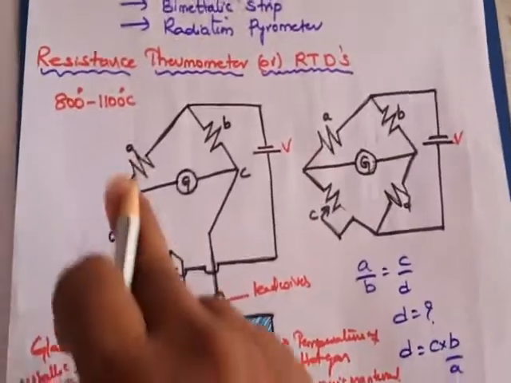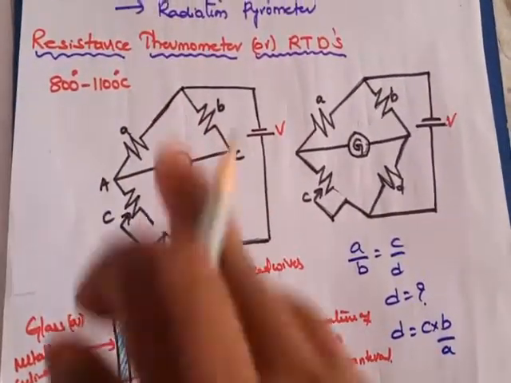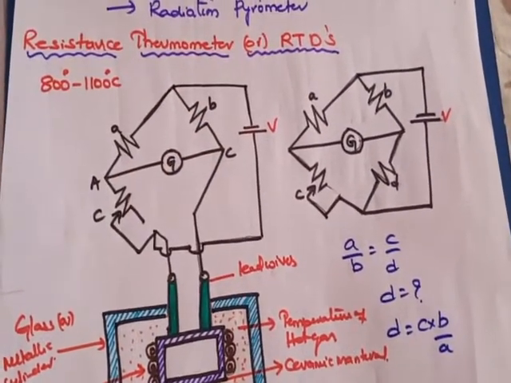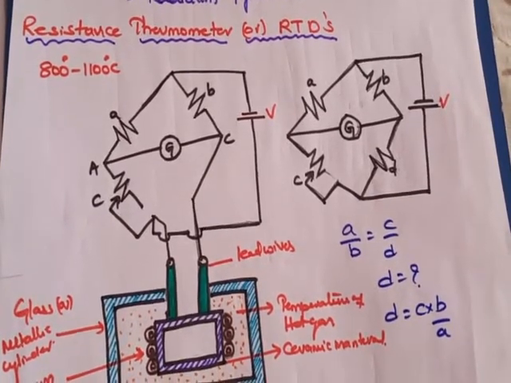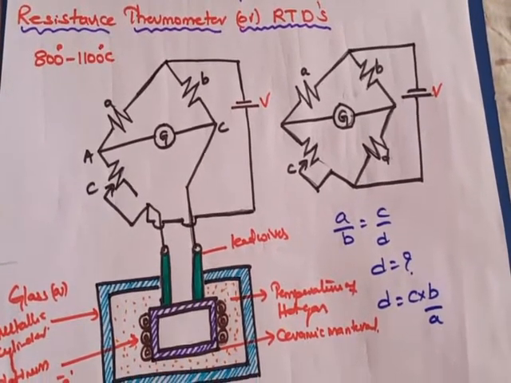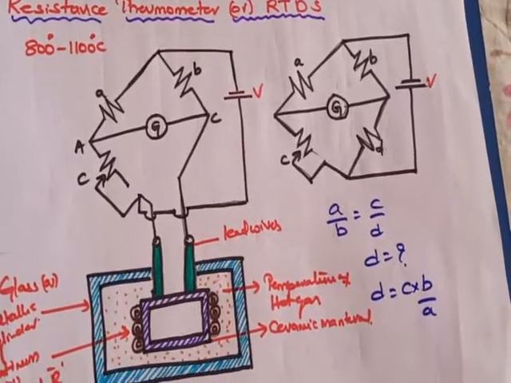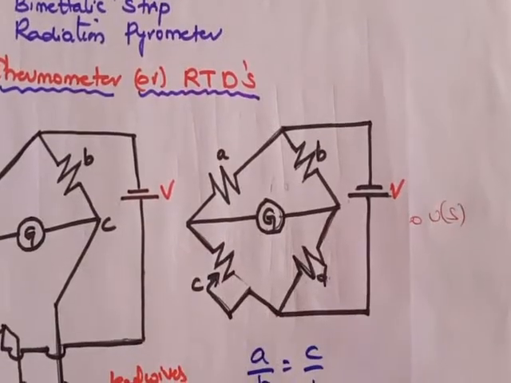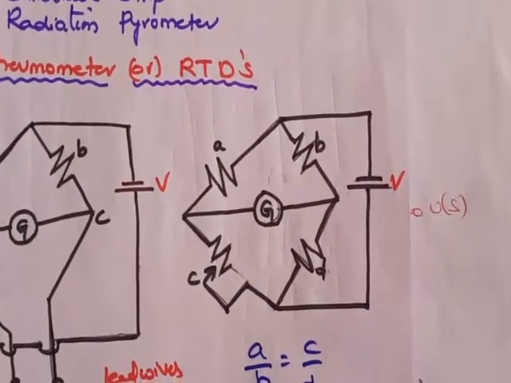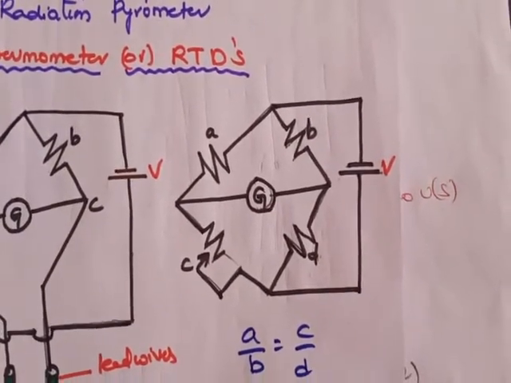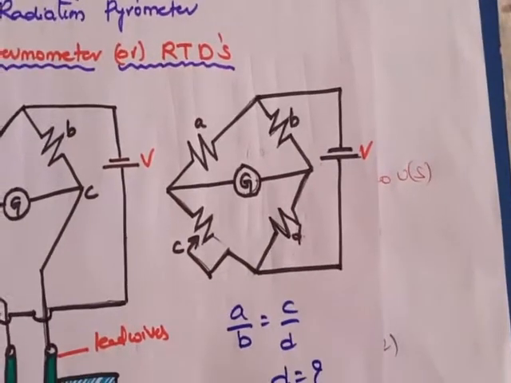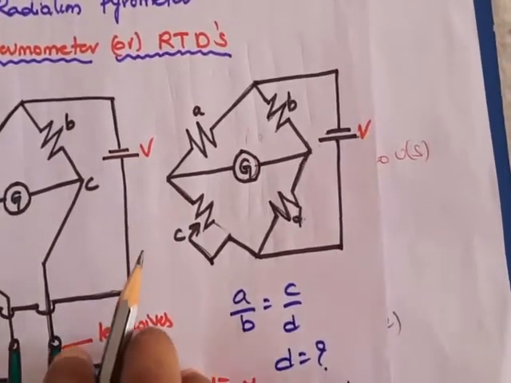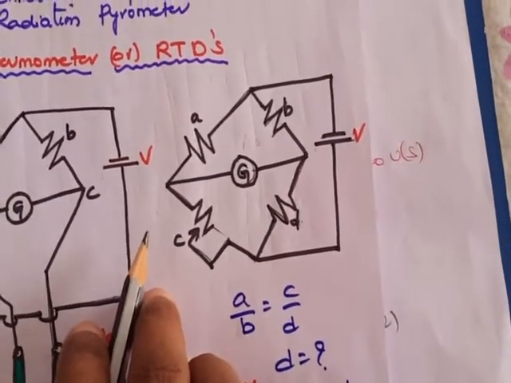Now we'll see the practical working of the resistance thermometer. Before going to the explanation of the resistance thermometer, you can see the figure resembles a bridge. Here we are making use of a Wheatstone bridge. Let us first see the concept of the Wheatstone bridge. You are familiar with the Wheatstone bridge topic. You already studied it in the last semester, and in the previous examples I have also told you about the working of the Wheatstone bridge. Let us see it again.